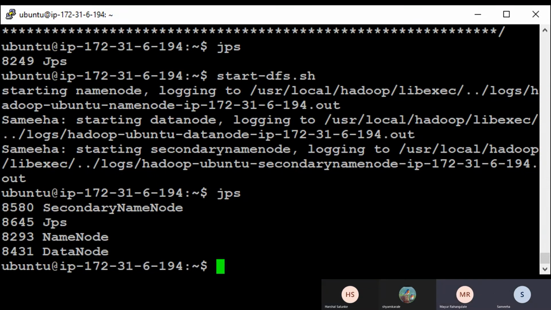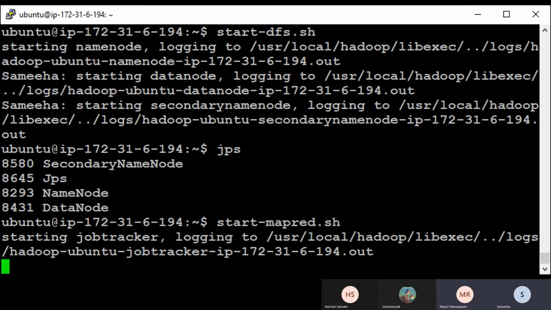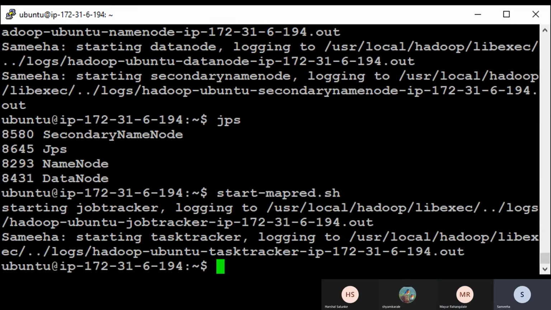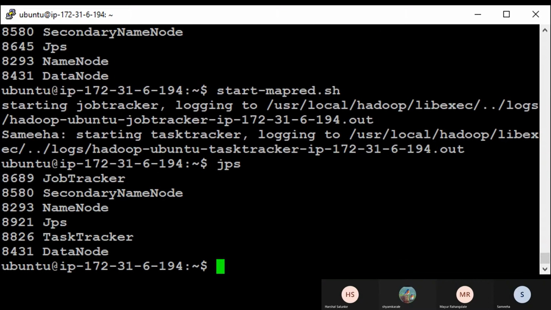That's fine. Now logical nodes, mapred.sh. Start job tracker. This is done. Just check in the browser.